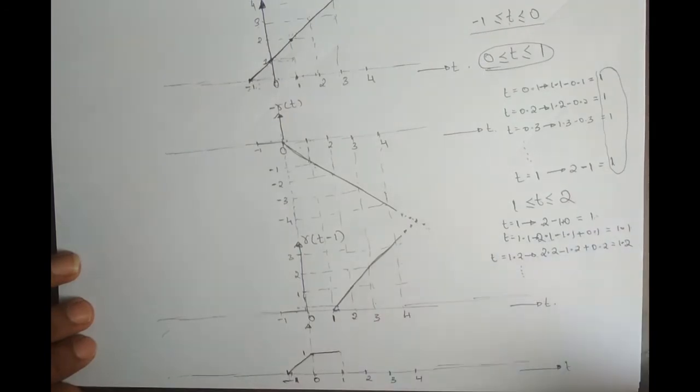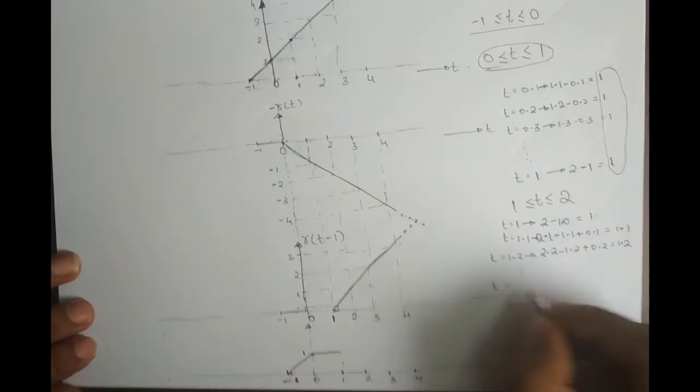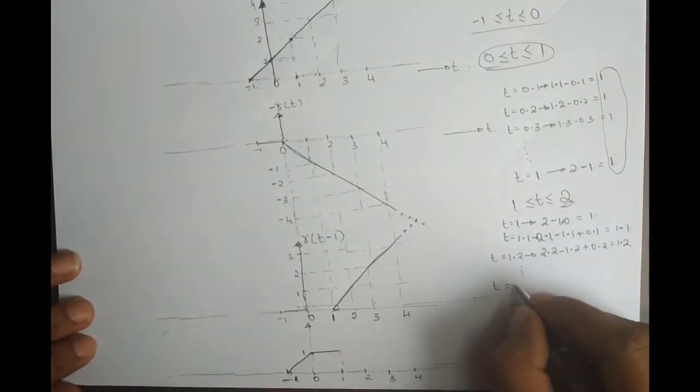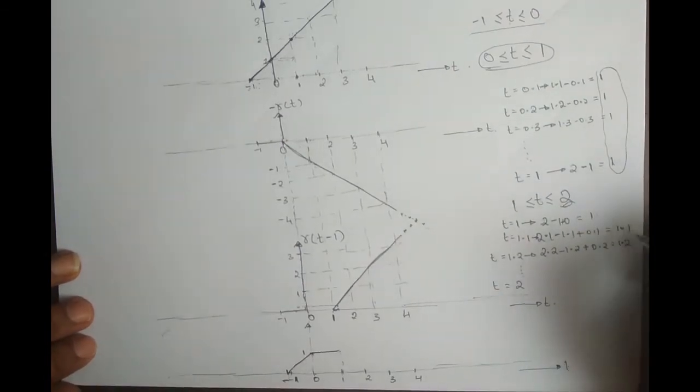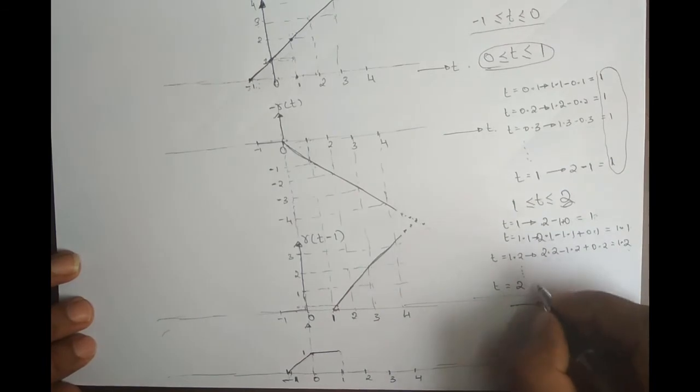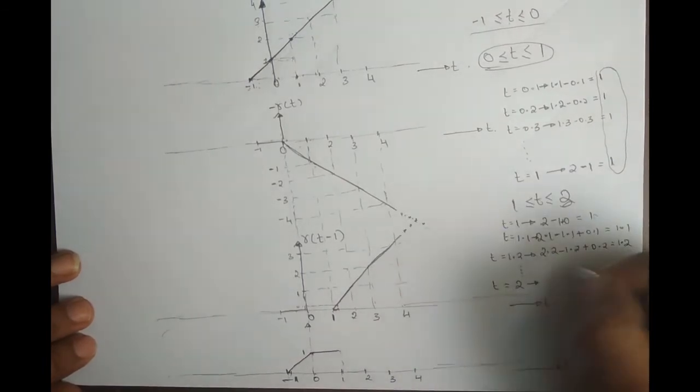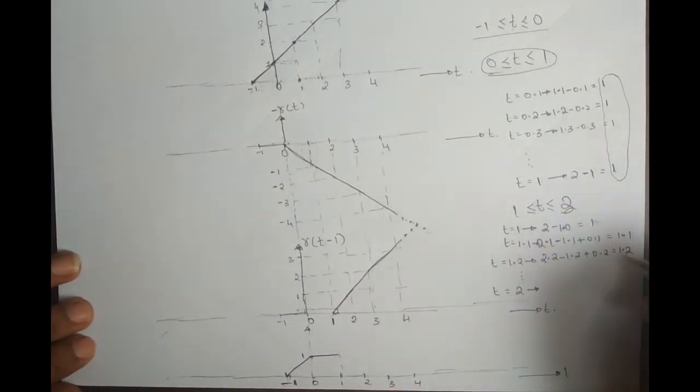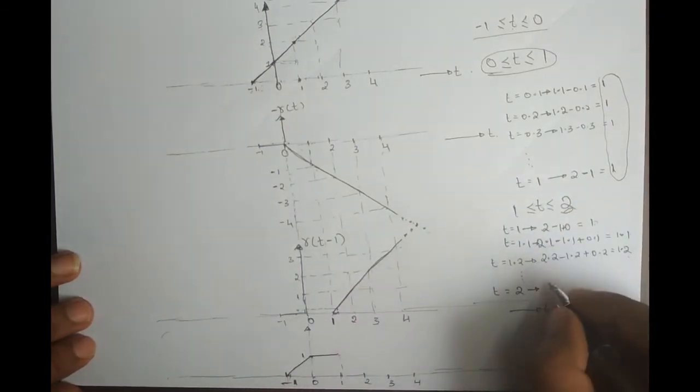So dot dot dot, at t is equal to the last value, which is 2. I'll take t is equal to 2. So you can guess what's happening here. From 1 it is increasing. Now we'll see the last value. So don't just check all the points, because when you get the idea, you just go with the last value of t. Which is 2 here, right?